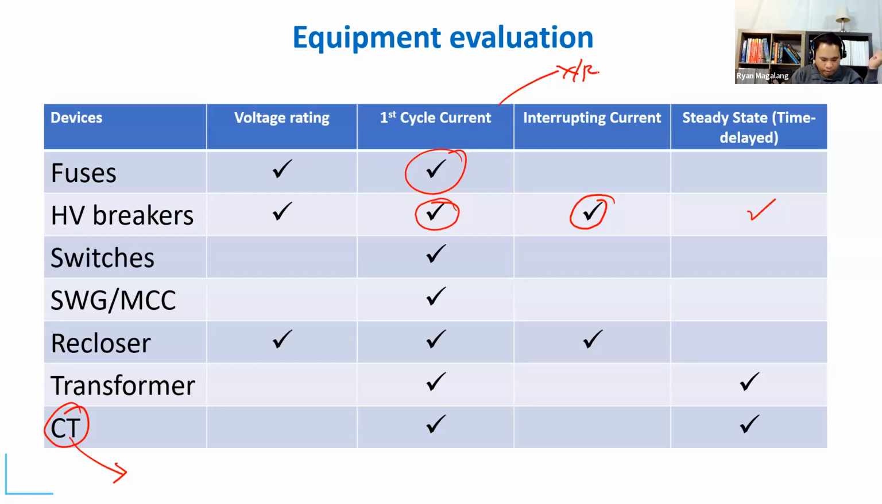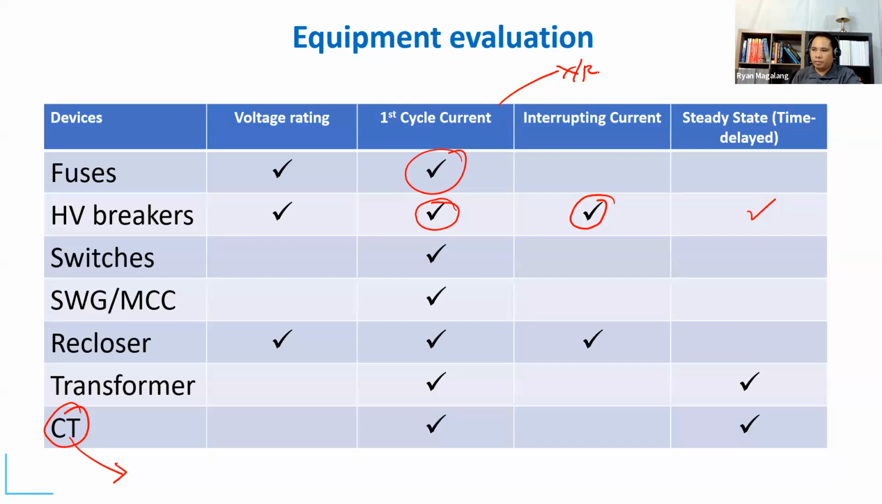But anyway, what I'm saying is the asymmetrical magnitude, which is heavily distorted and greater than your symmetrical current, could saturate your CT. So you have to select your CT in such a way that it's rated to withstand that. And why is that an issue? So the issue is